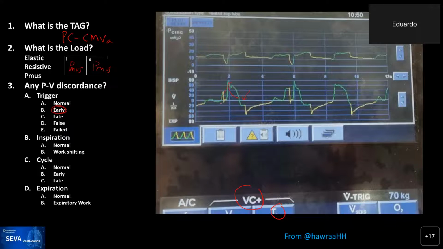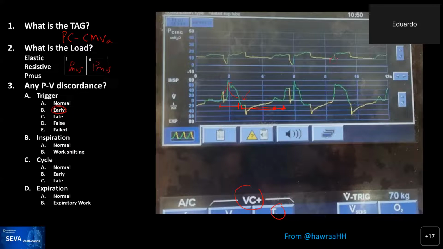You can see, and if you imagine the PMOS for this patient, it goes from around here all the way to here, and then the patient shifts from here to here, actually to here, to active exhalation. So this is another example of early trigger. Actually, you can see this one. This is a nicely triggered